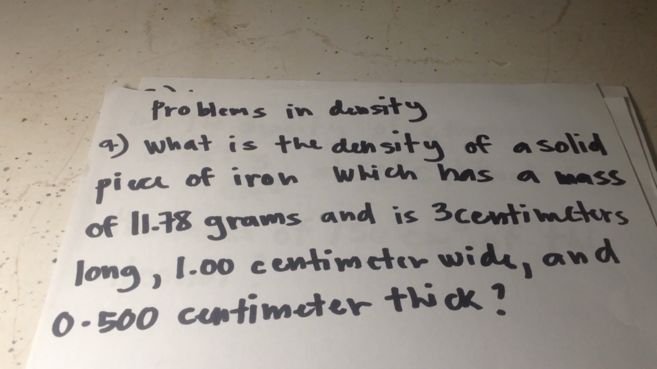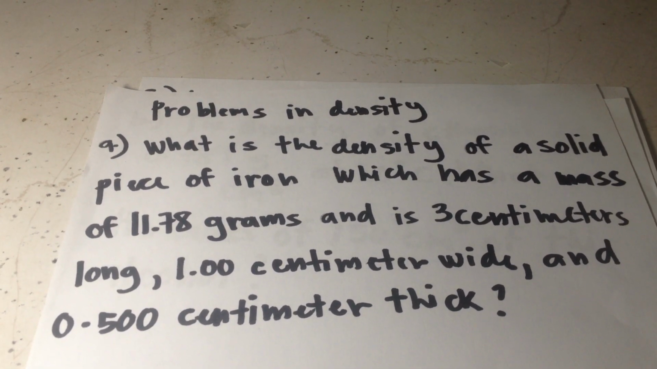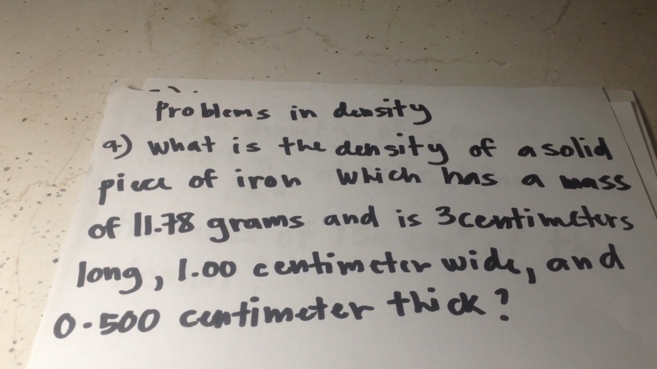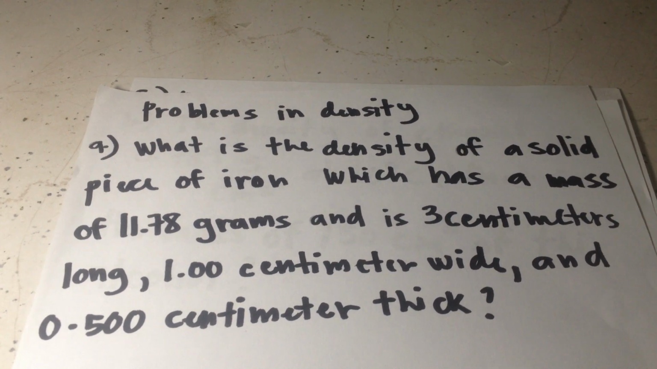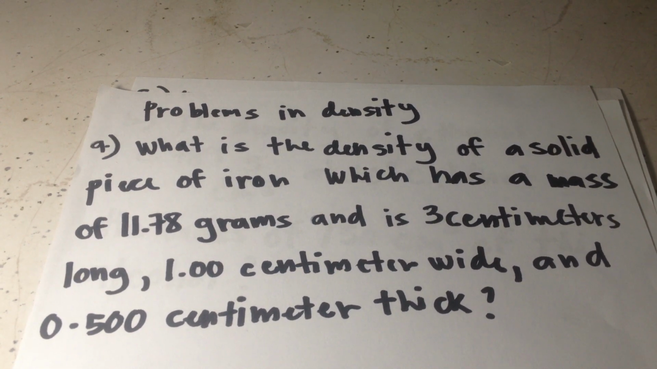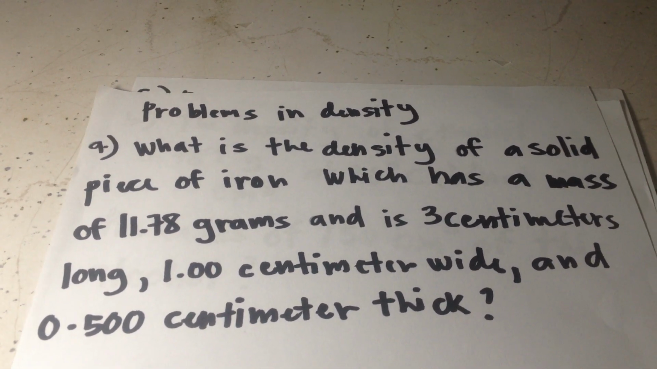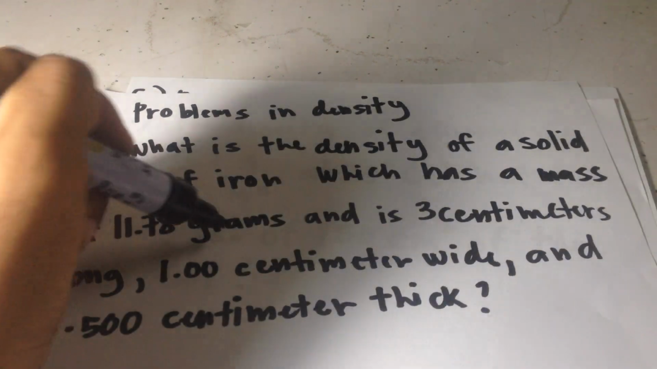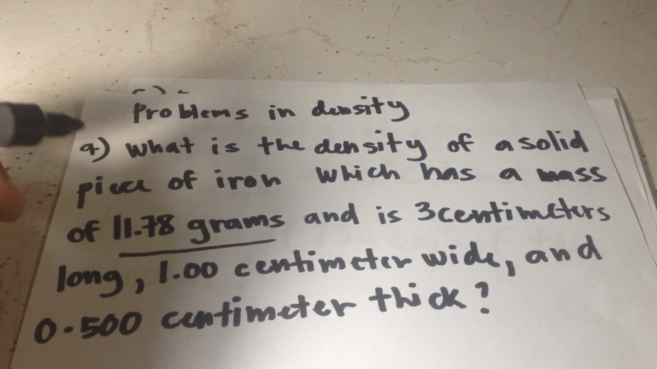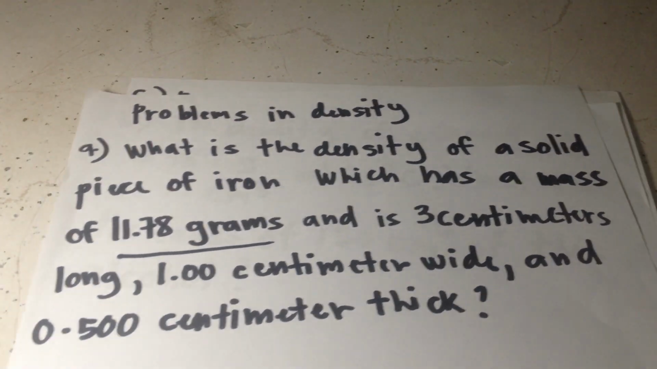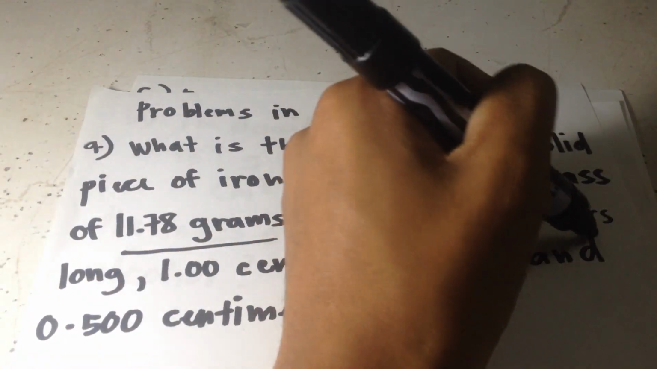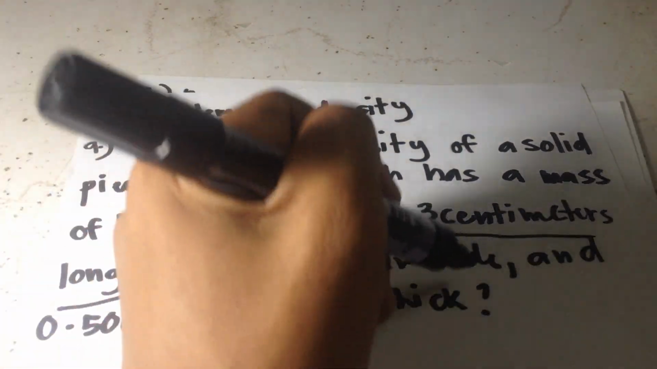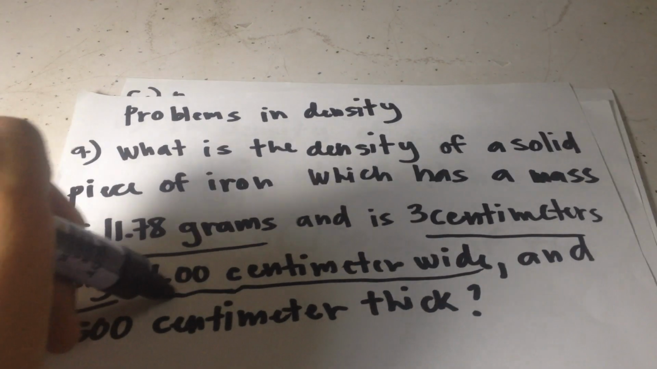In this video, we're going to discuss problems in density. So in letter A, what is the density of a solid piece of iron which has a mass of 11.78 grams, 3 centimeters long, 1 centimeter wide,